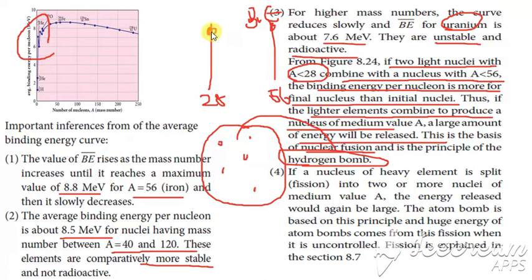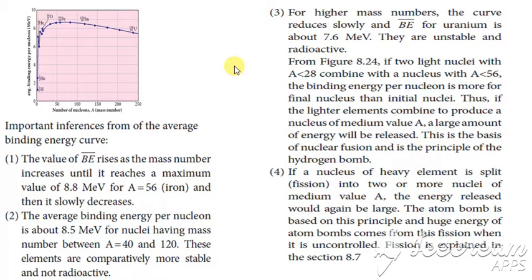Yes, clear? So between 28 and 56 all the elements are very light, and if all the light elements are combined together that forms a heavier one, that is called nuclear fusion, and that principle is used in hydrogen bomb. Next, if a nucleus of a heavy element,